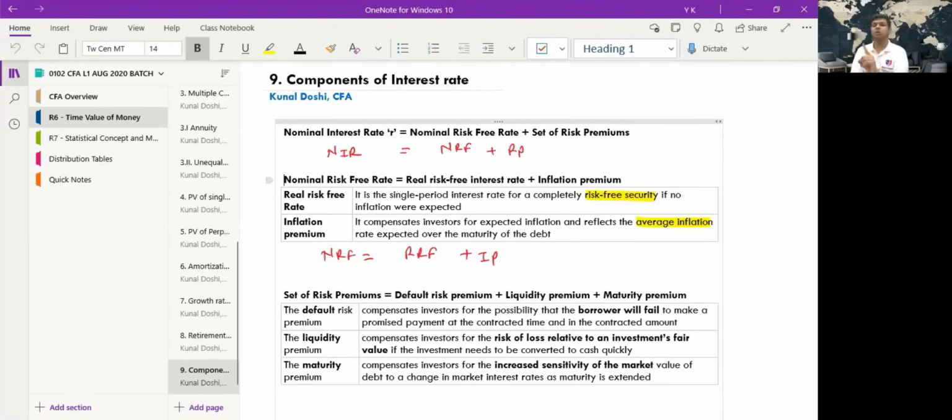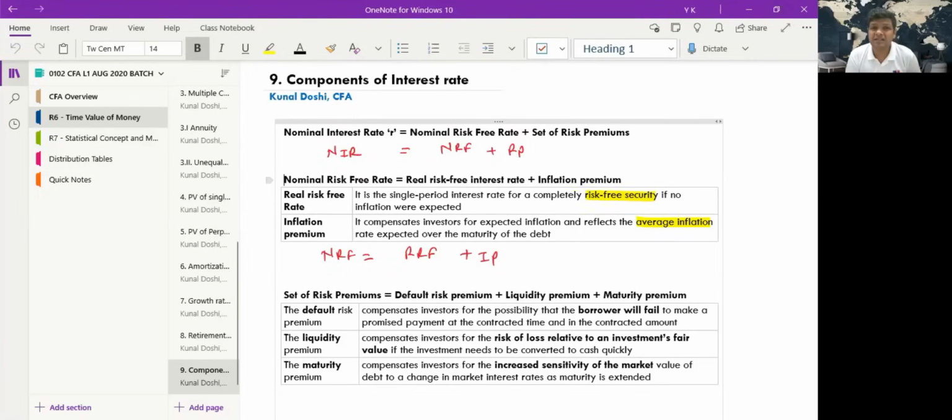In what case will the nominal and the real risk-free rate be the same? In case there is no inflation. No inflation. But we do know that inflation in a country, in an emerging economy like India, keeps on increasing. The price rises of various commodities, especially fuel and all. So if the inflation is going to increase,